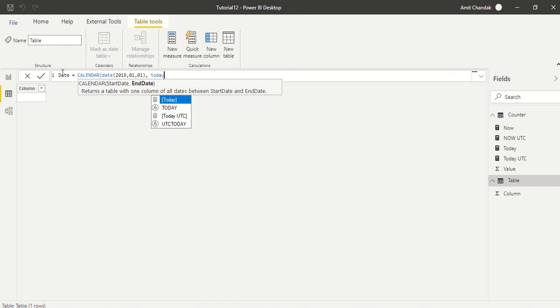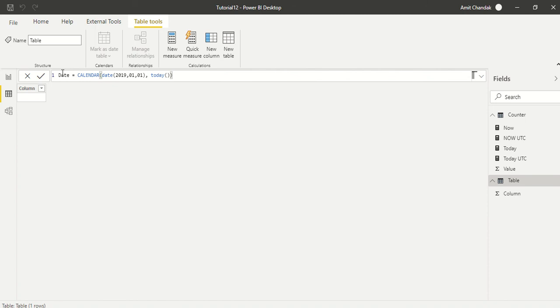The benefit of ending it at today is that when I use time intelligence functions like DATESYTD and DATESQTD, where I pass the date column and want it to take today's date as the end date, I don't need to mention it.